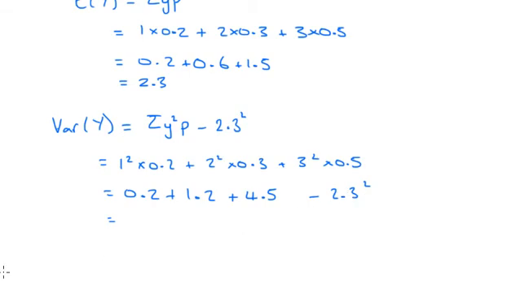So I will just type all that in on my calculator. 0.2 plus 1.2 plus 4.5 minus 2.3 squared gives me 61 over 100, so 0.61. So expectation 2.3, variance